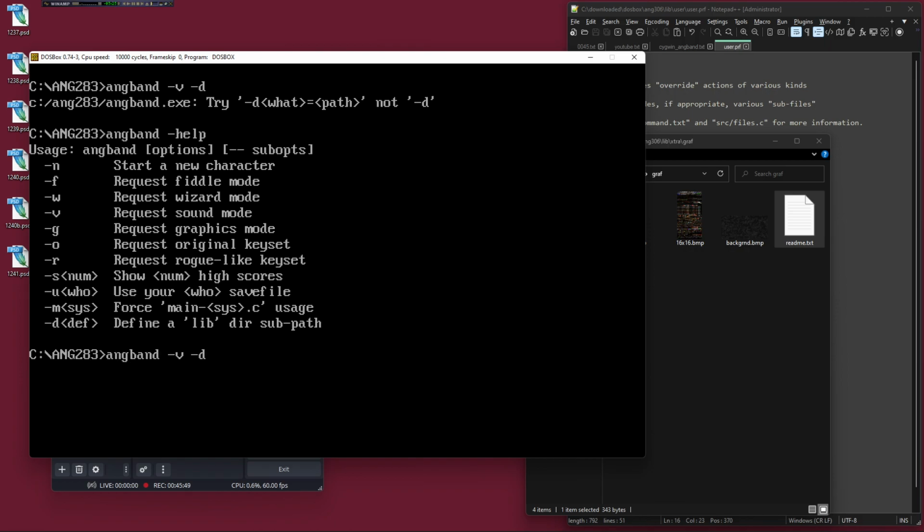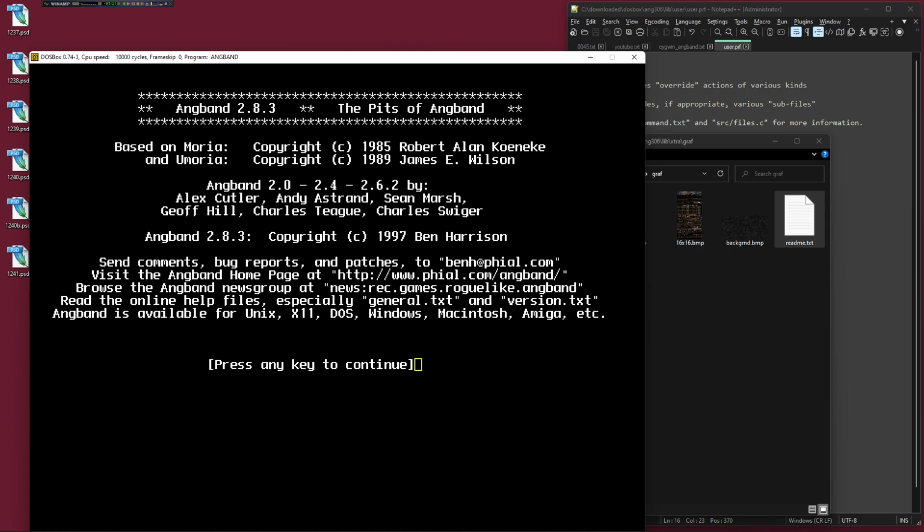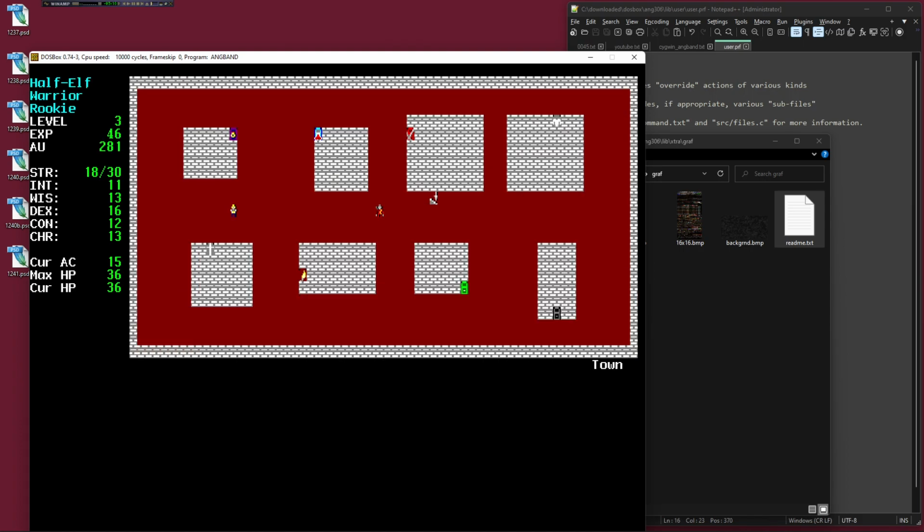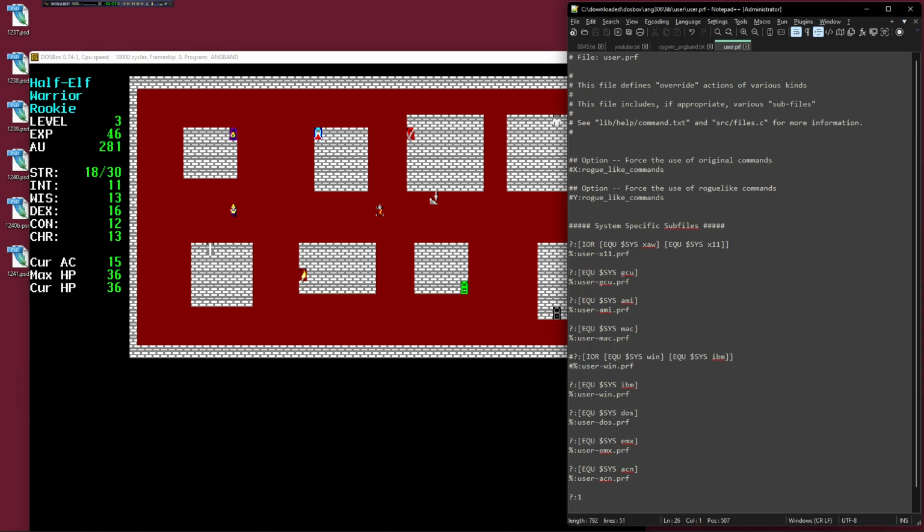Dash G, not D. Now I don't think you can. I don't know how you would. Well, no, that's for Windows in 306. I don't know. So this does work. It does override my